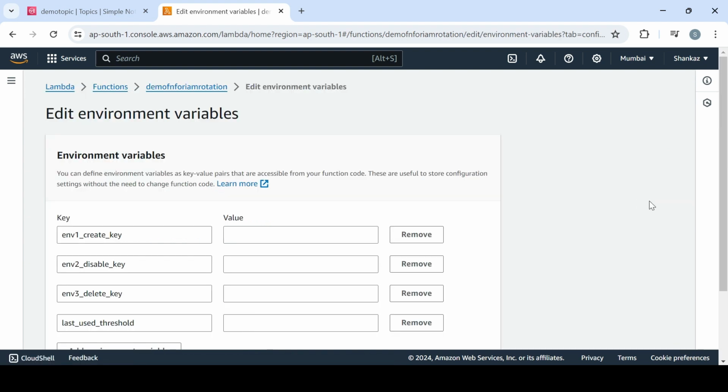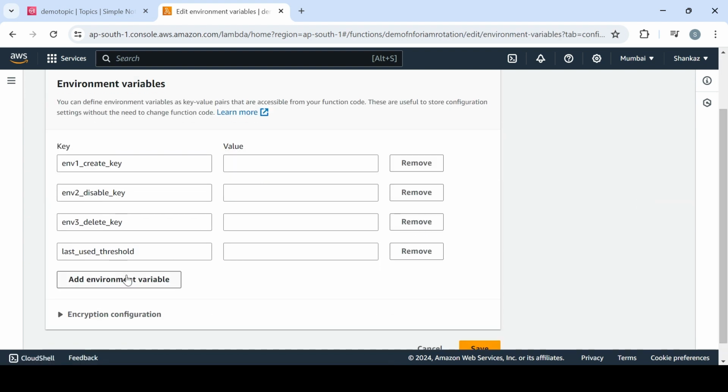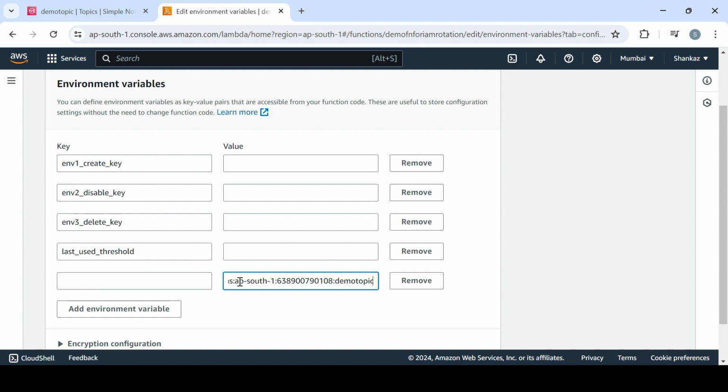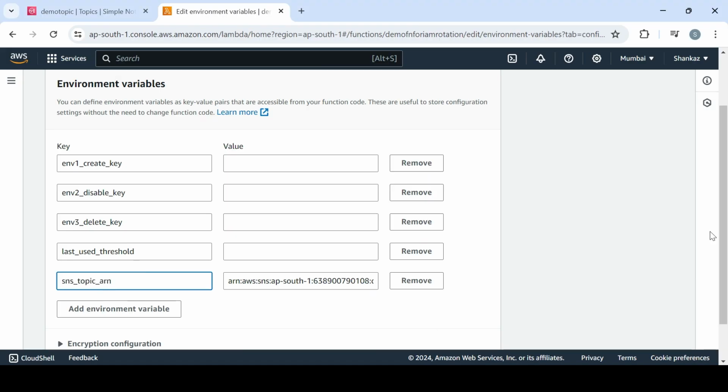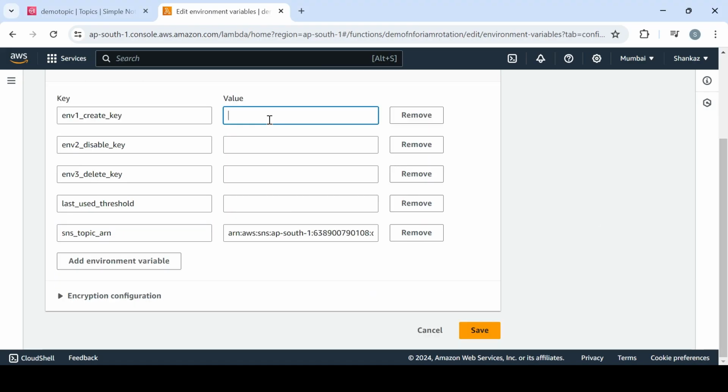Click edit. Add another variable, and that name is nothing but the SNS topic ARN, for which we have got the error. So that's the value. And now I am going to use 0 for the other values, and the reason is because